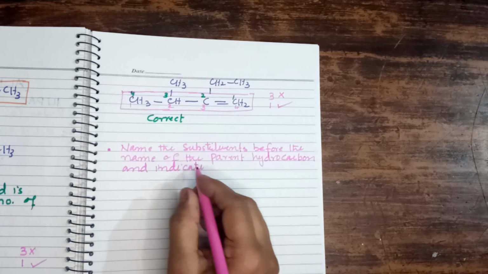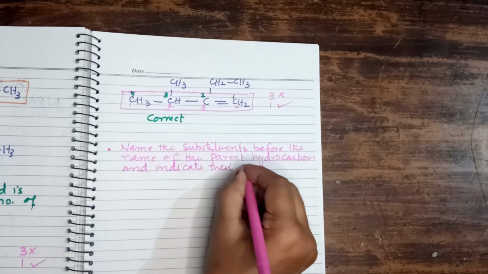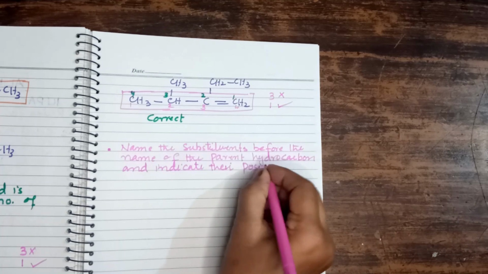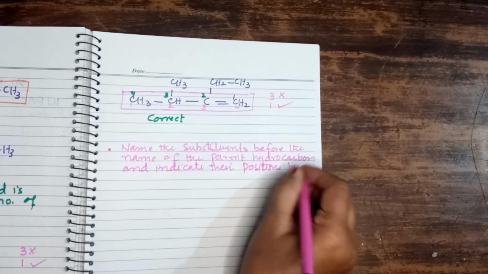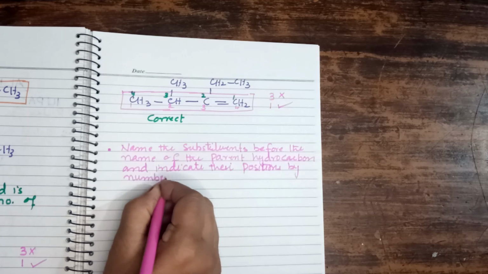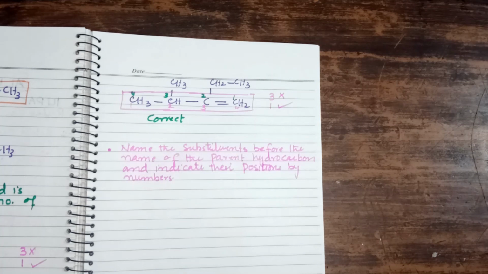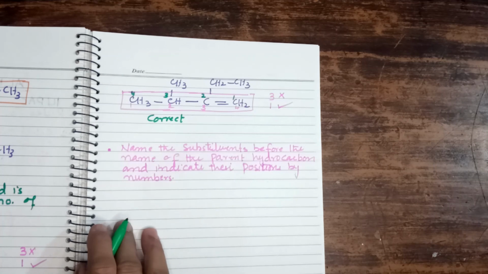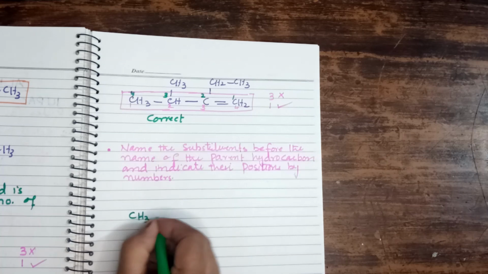Indicate their positions by numbers. Right students? For example, we have a molecule CH3